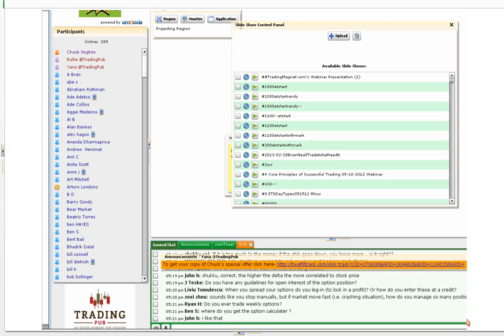You can get anywhere from a 1.5% to a 2% premium each week by selling these covered calls and rolling them over every week. So every Friday I roll over the expiring call and sell to open the new call, and I'll do that tomorrow. And what that allows you to do over the course of a year, if you get 52 premiums and you're collecting